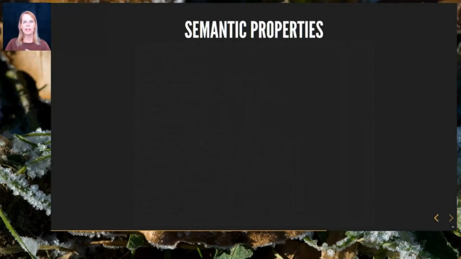So what are the semantic properties of declarations or definitions? Some are mandatory, some are optional, some are defaulted. Let's define a simple function that takes an int and returns an int and give that function type a name.